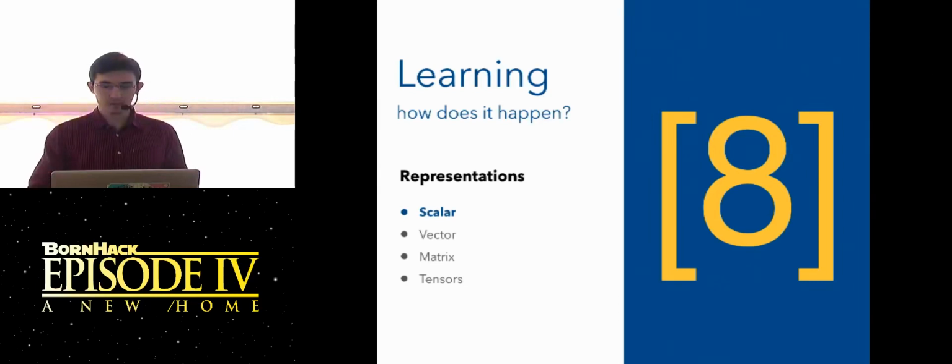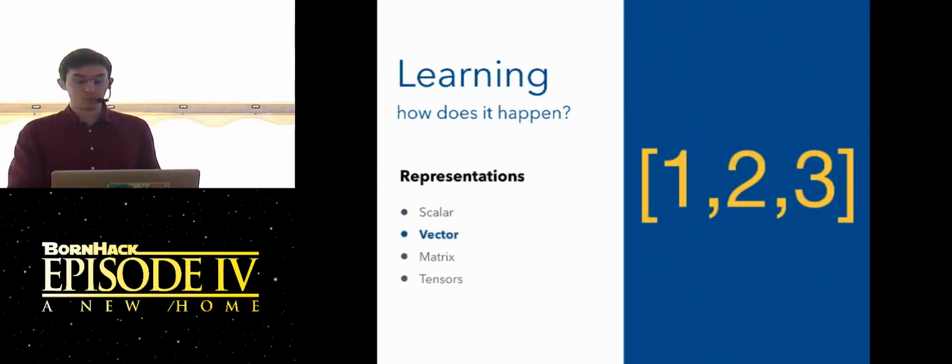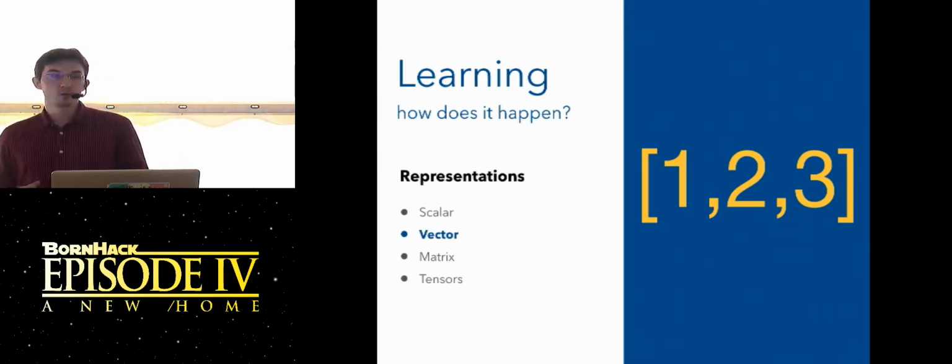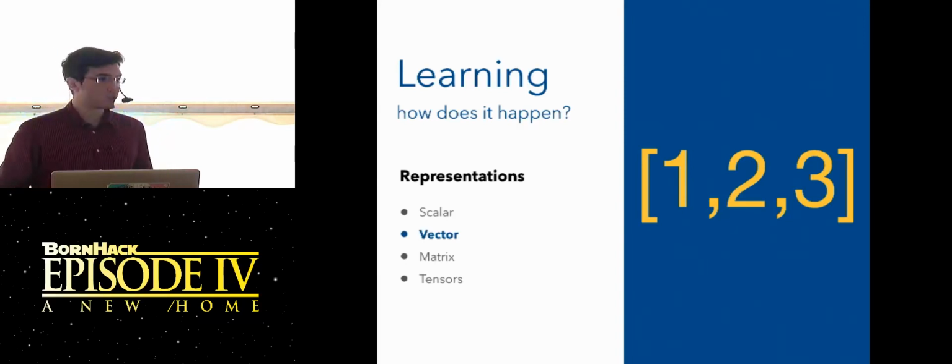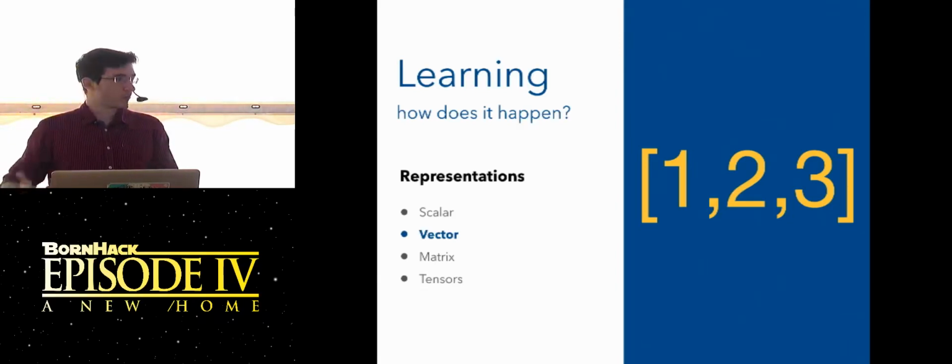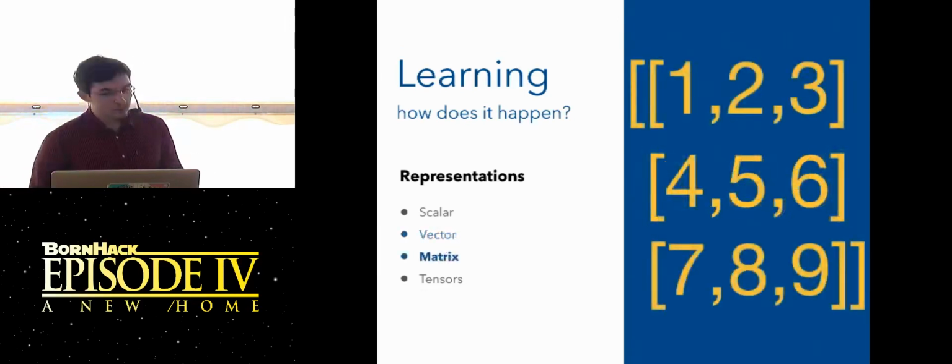That could represent that. Then there's a vector, which could be, for example, 3 users rating a movie, or it could be one movie on 3 scales. For example, the first one could be how much horror is in that movie. The second one could be how much comedy is in that movie. The third one, how much romantic elements are in it. I'm just trying to show you that there's great flexibility in what we can represent with these simple data structures. Then there's a matrix, which is really just a vector of vectors. This could represent 3 different users' ratings of 3 different movies.